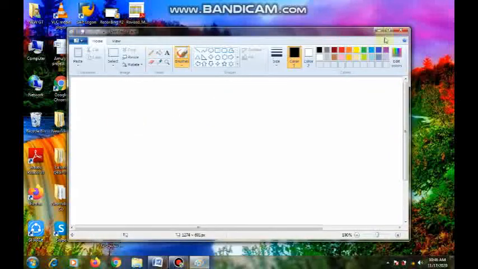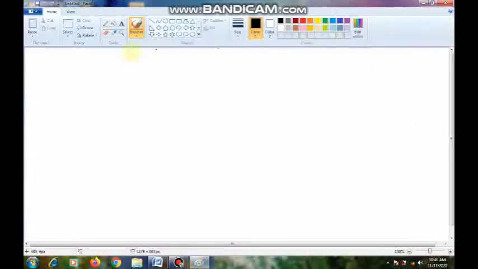Then our Paint program will be opened and the screen will appear like this. Children, this is called the Paint window. Here we can draw different pictures and color with different colors.